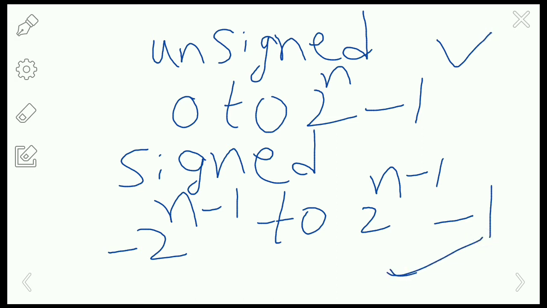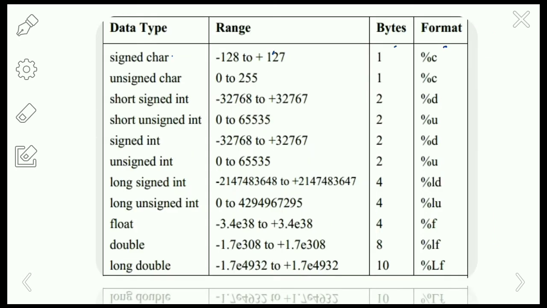Now we are going to apply these formulas to the given table. How do we obtain the signed char and unsigned char ranges? For the signed one, the sign is assigned, that is, it may be positive or negative.